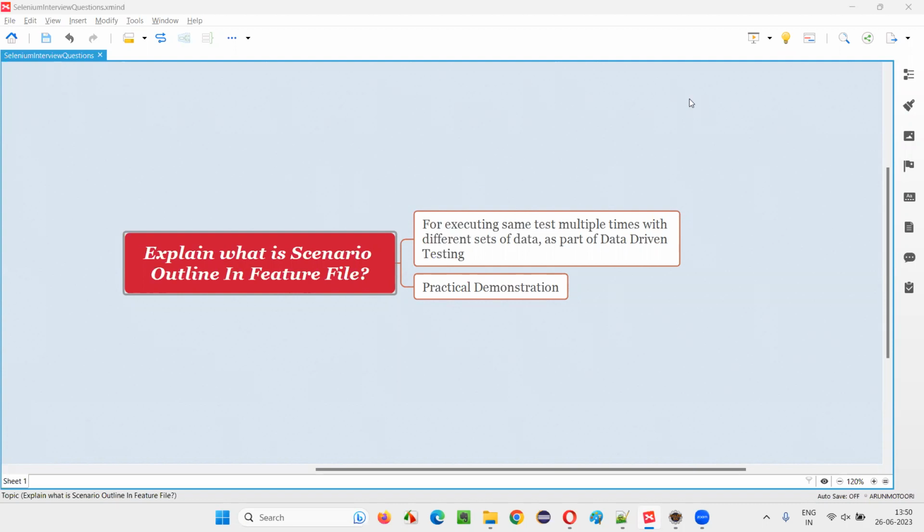In this session, I am going to answer one of the Selenium interview questions. That is, explain what is scenario outline in a feature file. Let me answer. First of all, scenario outline is a Gherkin language keyword which will be generally used in Cucumber